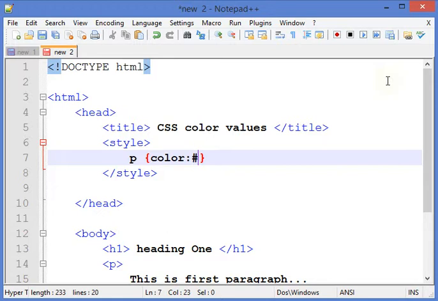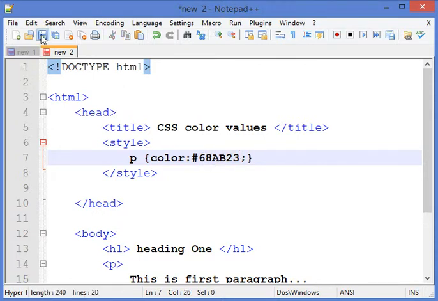Suppose I want 6, 8, so these 2 digits for red, then AB, these 2 digits for green, and the blue digits are suppose 2 3. Okay, and semicolon. Even though I don't know what exactly this color is, the browser will properly interpret it and give the right color from this hexadecimal.